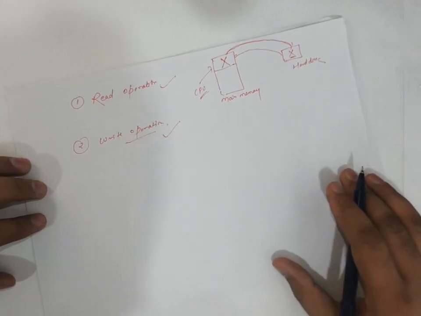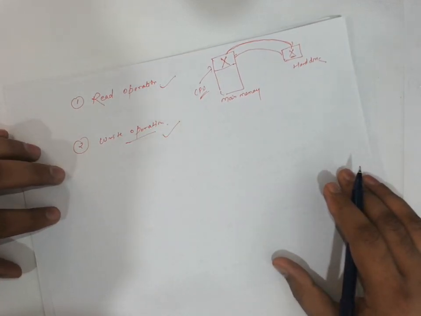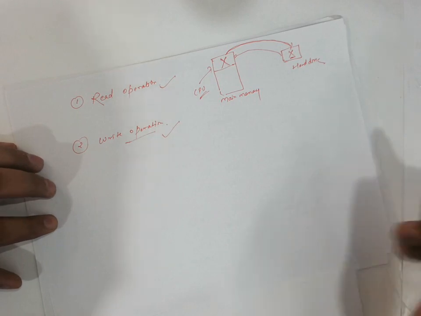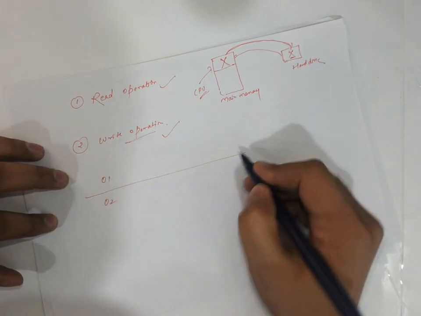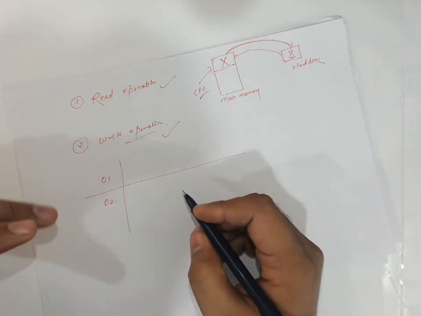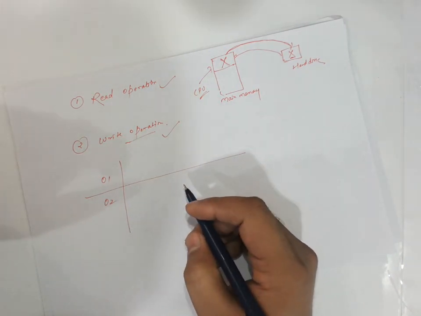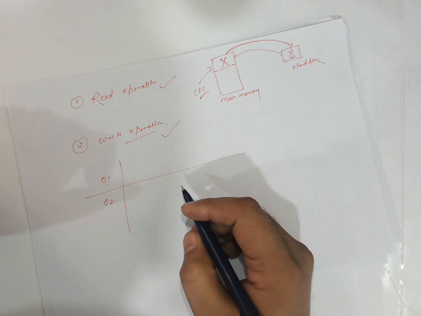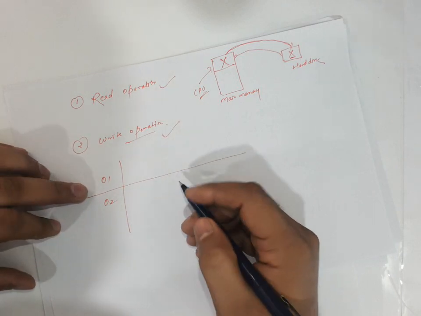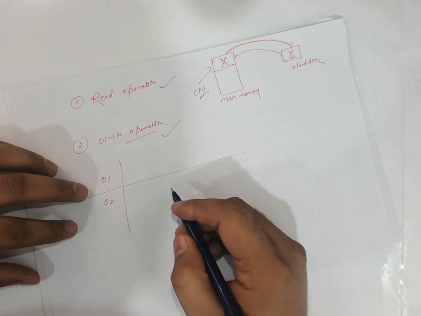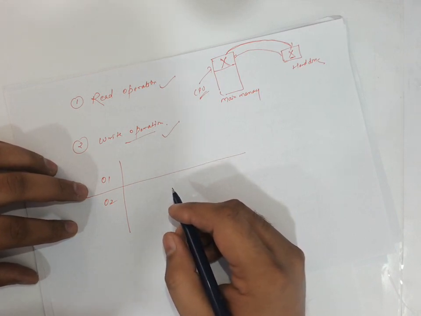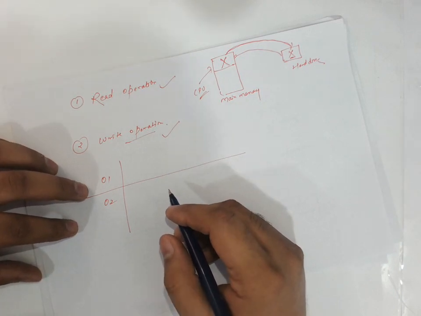Another very important thing is, suppose there are two operations, operation 1 and operation 2. How do we context switch among the operations? Just like in operating systems, if you have any concept of operating systems, we can say that a transaction is analogous to a process. We have seen the concept of process in the operating system, so we can relate it.